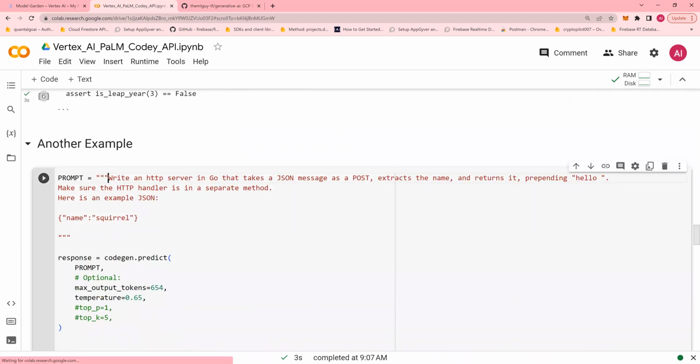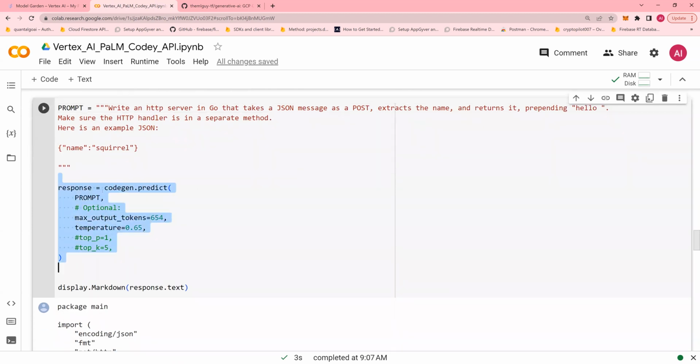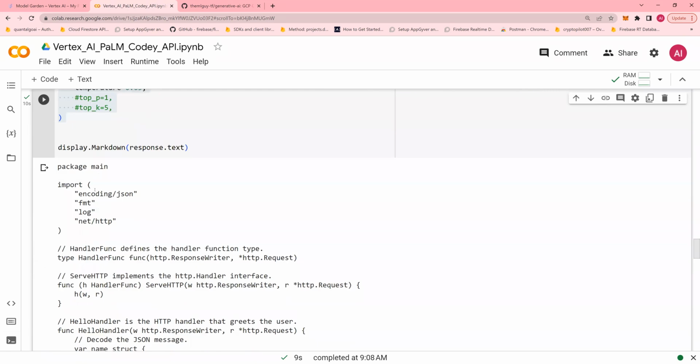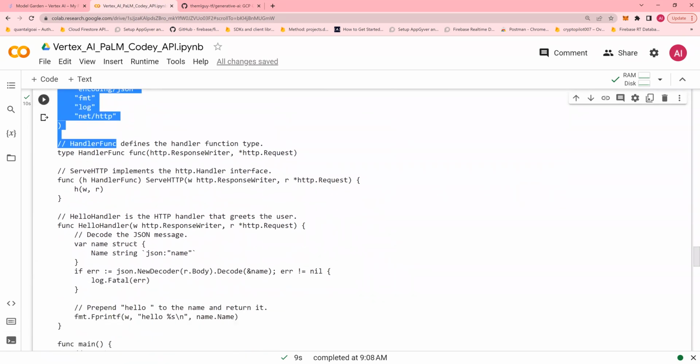And then finally, you can write an HTTP server in the Go language. And then you can be very descriptive to this. So you can say extract the name and return it prepending hello. So whoever is requesting, you are going to ask for the name and then append hello to it. And then let's do that. This is how you can change the way you have been used to doing things. Rather than you finding the code, and of course, I would definitely recommend you keep writing code to be aware of it. But as soon as you do it, you see here, it writes in Go language,